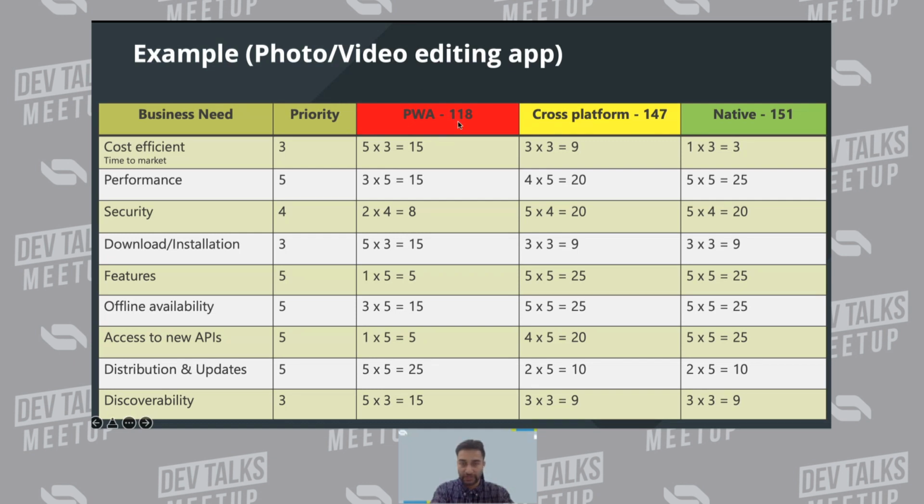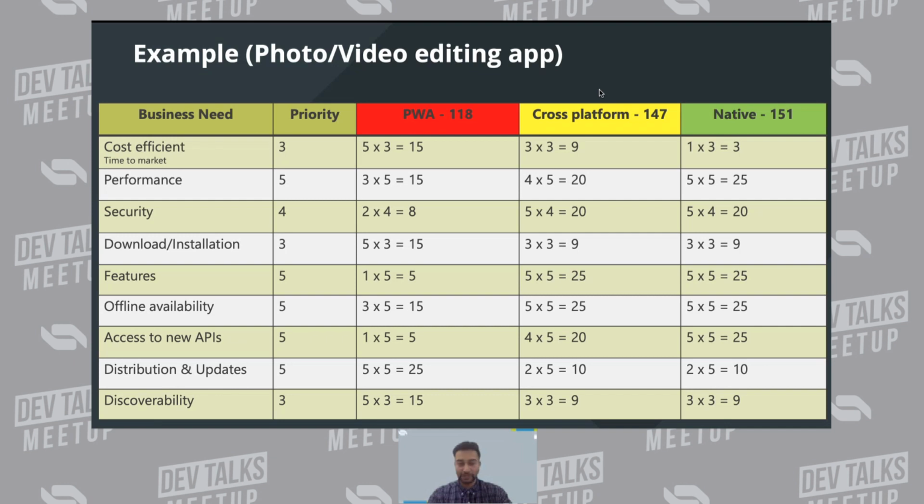It is 118, and cross-platform is rated higher, but not as high as native. It's 151. So native app development should be the best choice for this kind of app, where we need basically